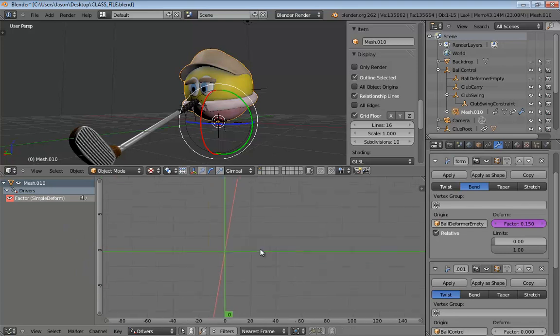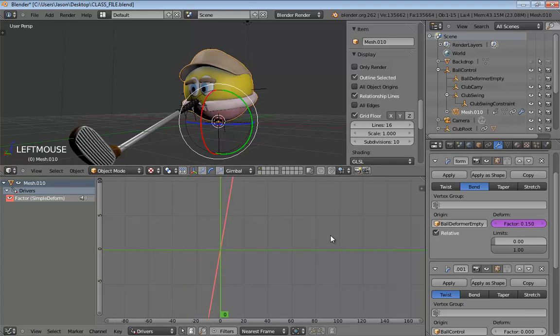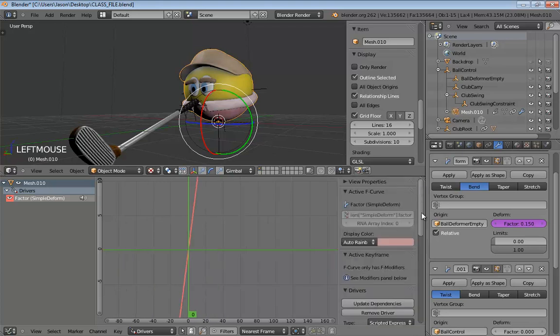Next, some interesting things now happen. We can select this factor, and you can see there's the property that we are driving. But there's some more information here that we need. If you hit the N key, I always mess those up because I spend so much time up here in the view, the N key is going to open up this panel on the right-hand side. You also have this little plus button you can click, and that'll bring it up as well.